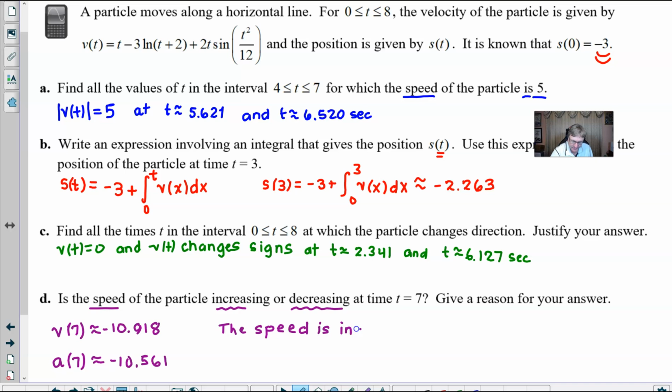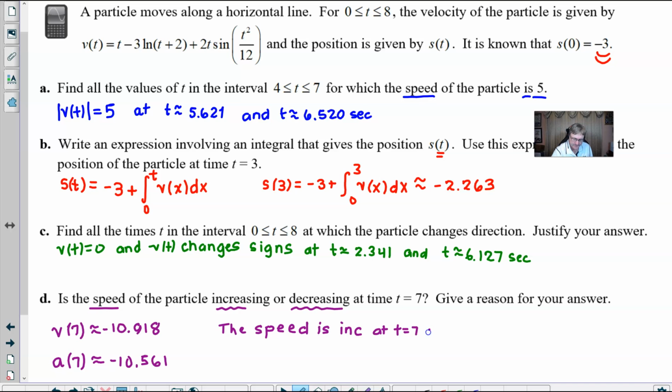I'm going to use some abbreviations here. I personally don't advocate abbreviating on the AP exam. I think so much is at stake for this 3-hour test that you're going to take. Write the words out. If it means college credit, it's certainly worth your time and effort to do that. The speed is increasing at t equals 7